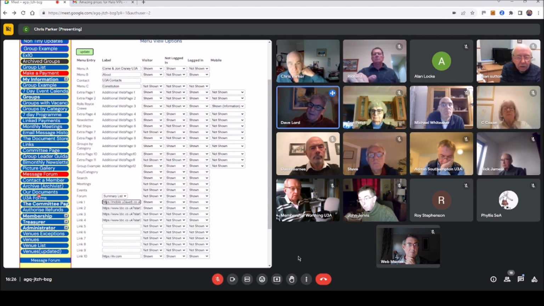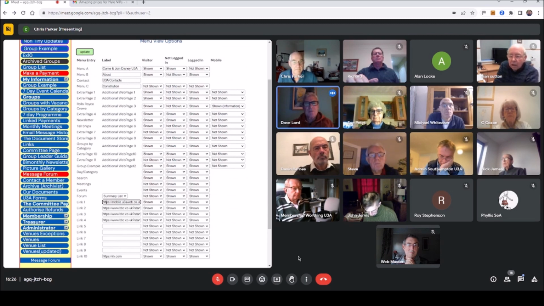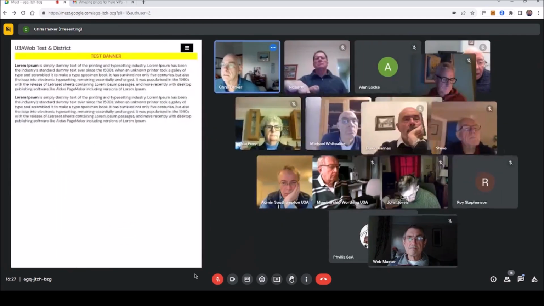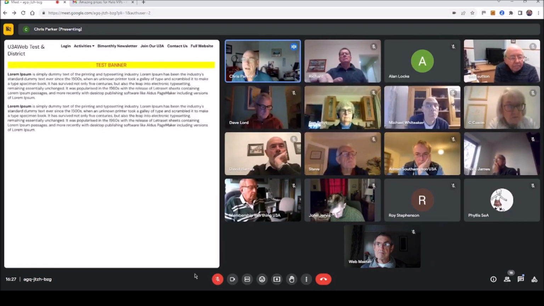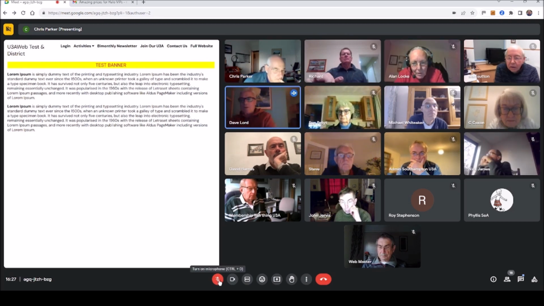Chris, I've just thought of something on the login page for the mobile. How do you change the colours on the login? Because ours is a bright green with a white background with the word login, but you can't really read it. So it's all black on white, isn't it? Have you got different colours to this?